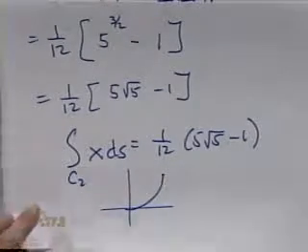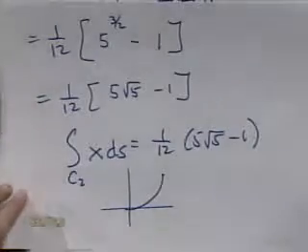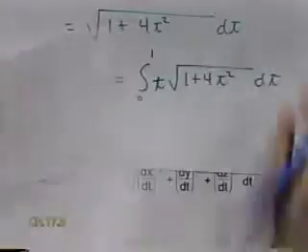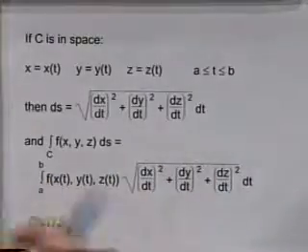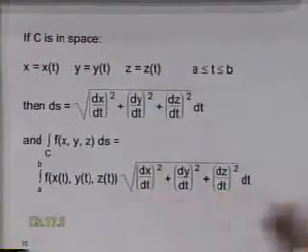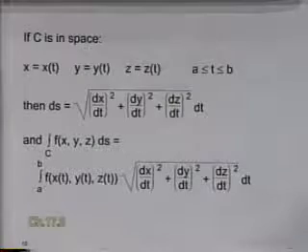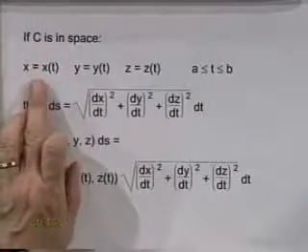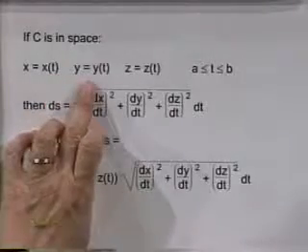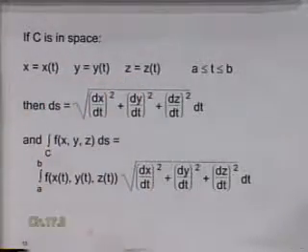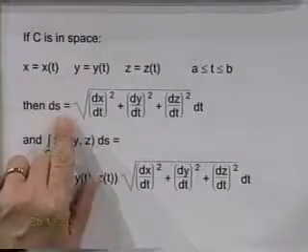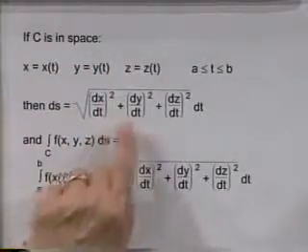So line integrals in general depend very, very much on the path and the endpoints that you choose. Okay, a few more things I want to tie up. I did everything so far in two-dimensional space, but three-dimensional is no different at all. I could have a curve in space. x is given as x of t, y is given as y of t, z is given as z of t. Same idea. ds, if you're in 3 dimensions, is going to be the square root of dx dt squared plus dy dt squared